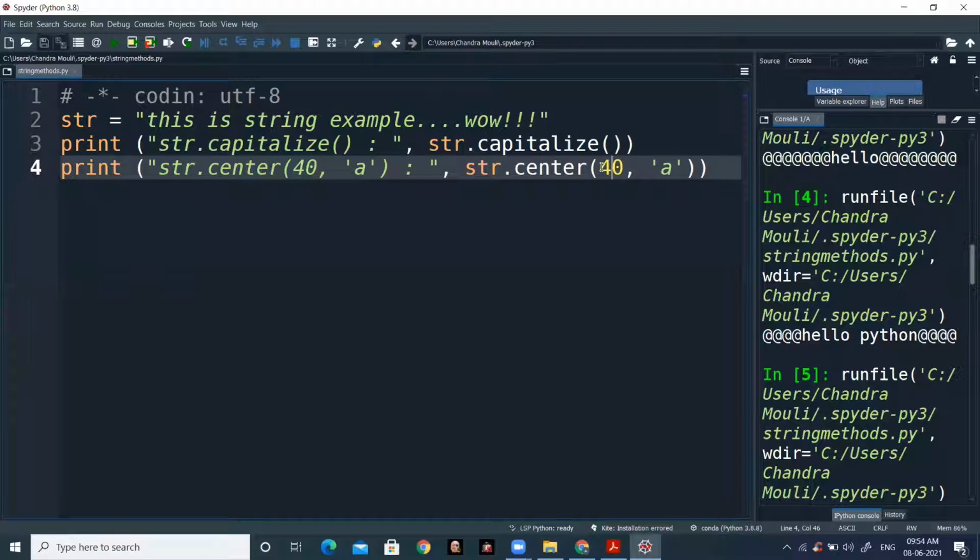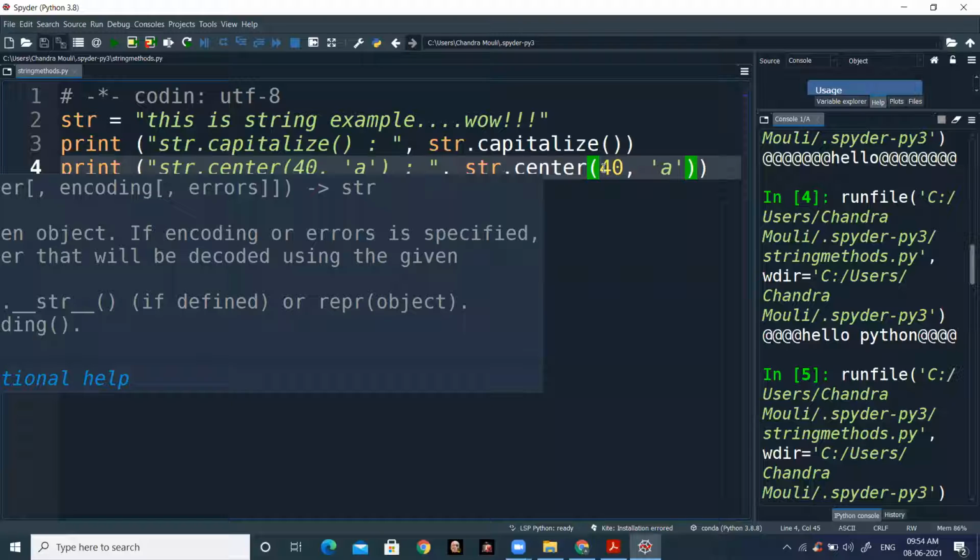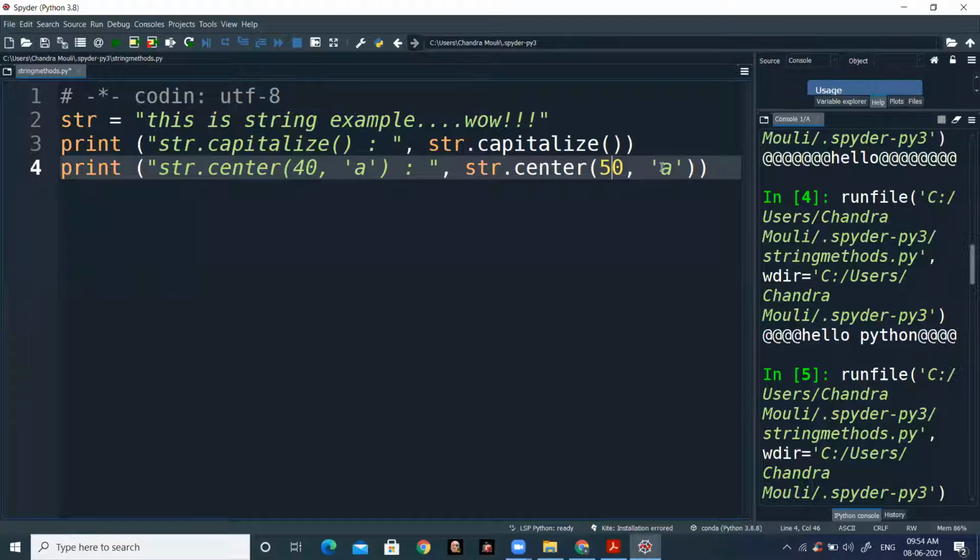So here I'm going to give 50. Instead of taking 40, I'm giving the width as 50, and I want to fill the character with hash. Check this one.